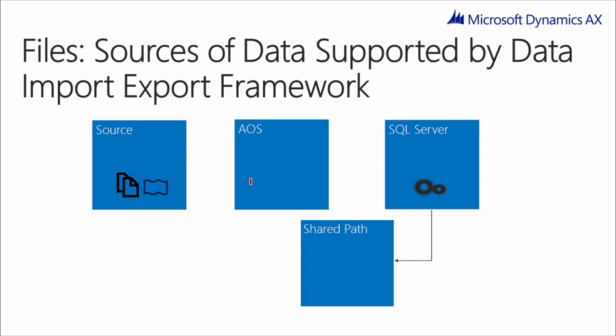When using the file format, files are typically stored on a shared folder, and when the data import-export operation runs, SSIS picks up the files from the shared path and then imports them onto the staging tables inside AX. AOS then takes the data from the staging tables, processes them, sometimes running business logic, and then moves the data